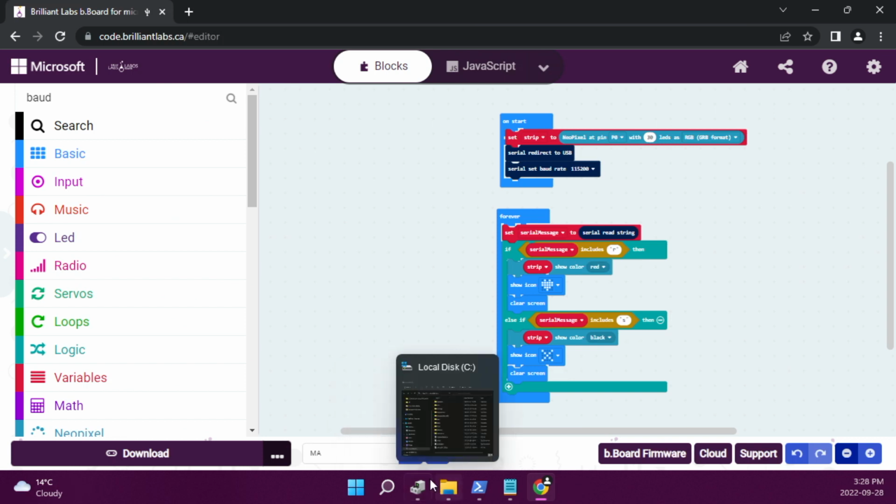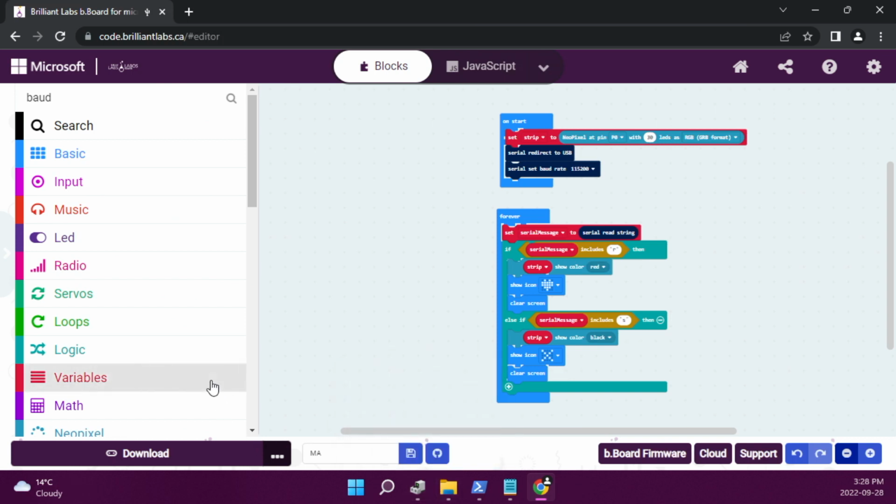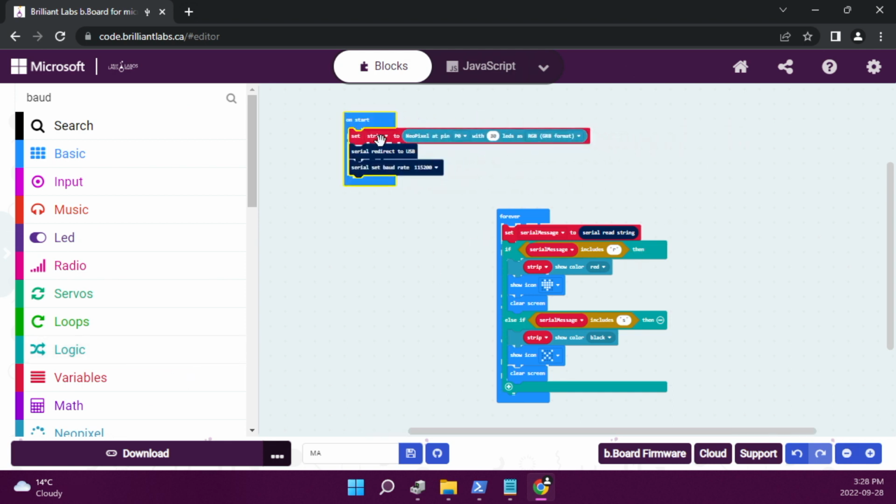I wanted to give a quick overview on how I got the Elgato Stream Deck to control the microbit. So the first thing is the code that you're going to need on the microbit. On start, I told it that I had some NeoPixels connected for this demonstration to P0. I told it I was going to redirect the serial communication through the USB cable connected on the microbit, and